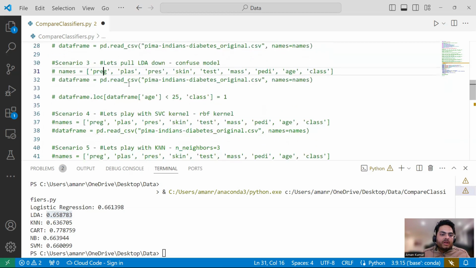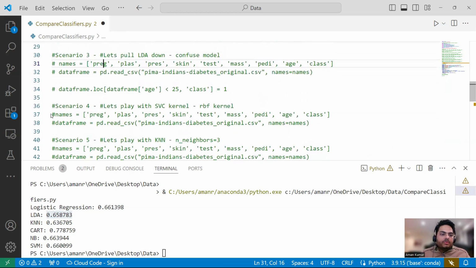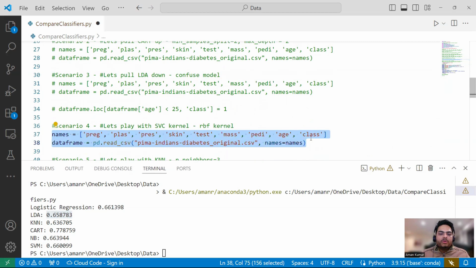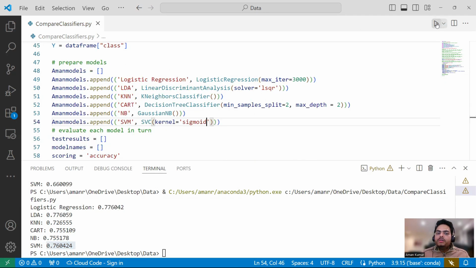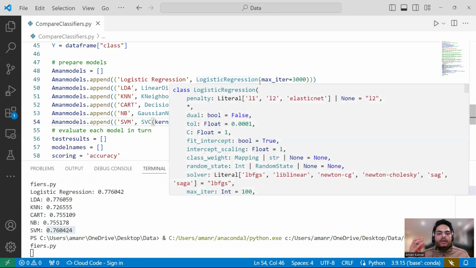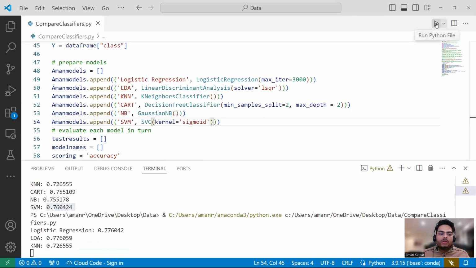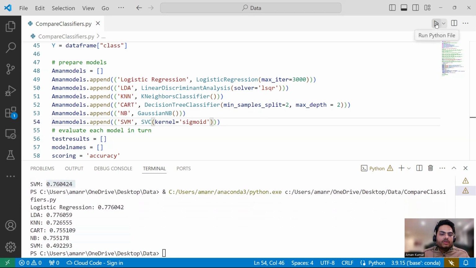Let's go and see what my scenario 4 is. In my scenario 4, I'm saying play with the SVC kernel. If you remember, in my models, I have an SVC model as well. The way sigmoid works is it tries to create a separation between linearly separable boundaries. Okay. Linearly separable boundaries. So if you see here, if you use sigmoid, the performance has reduced drastically.